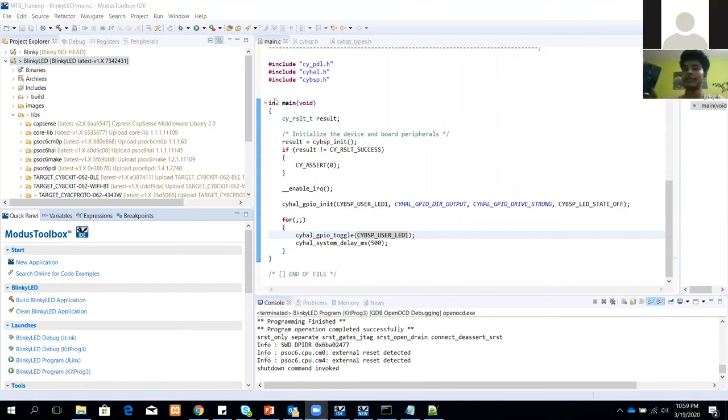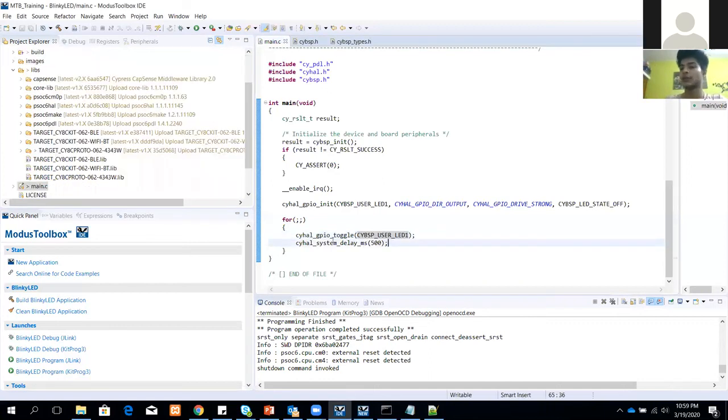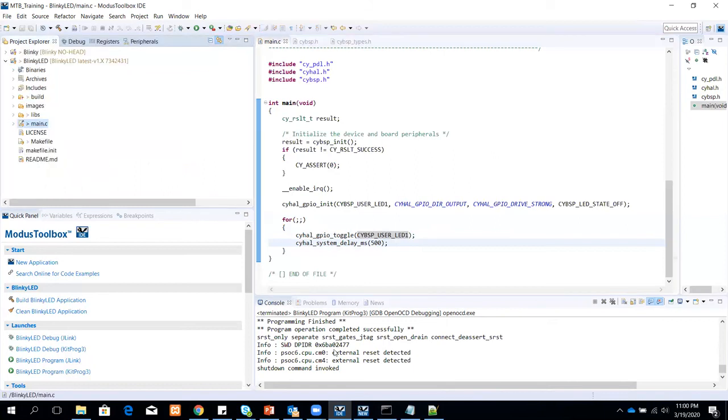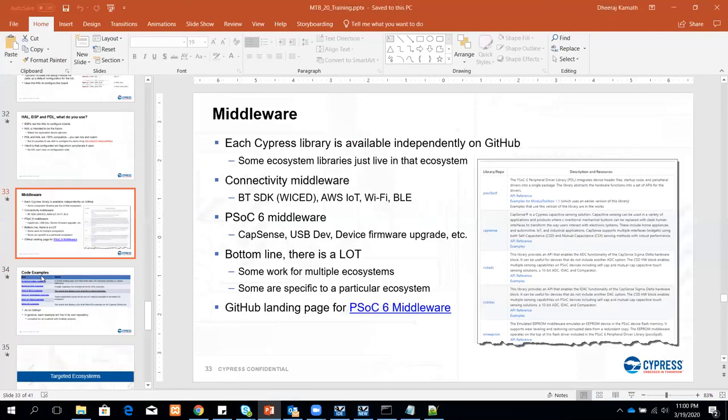Okay, so if you see here, I have the LED blinking on the kit, and I have other boards connected too. I can just change the active BSP, and you will see the LED blinking on any of the kits, and none of the code needs to change. So a single code can do the same functionality on all the boards, right? That is why everything is easier now in 2.0.